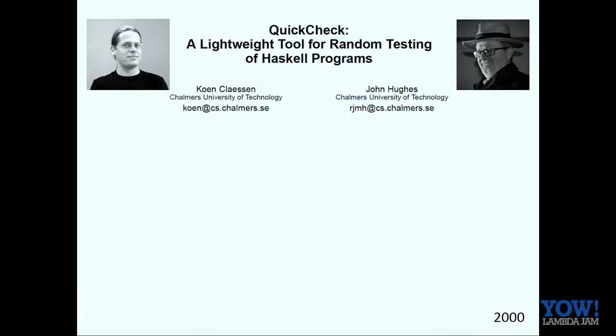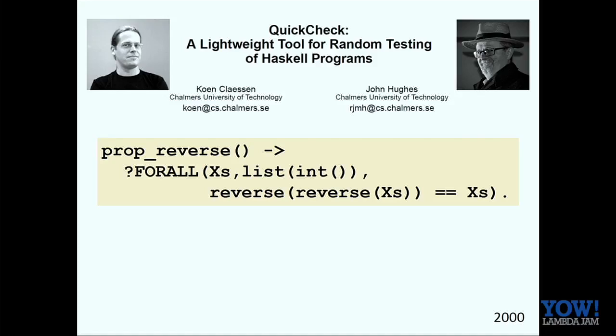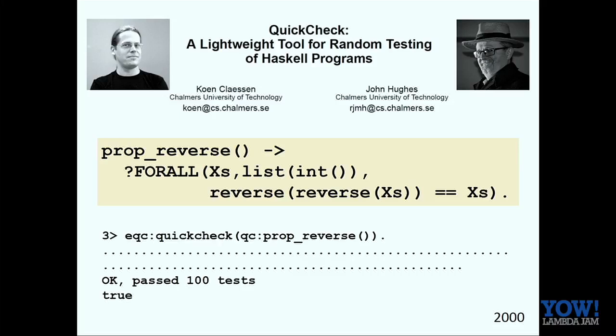So I want to briefly mention probably what I'm best known for nowadays, and that is QuickCheck, which I did together with Koen Claessen in 2000. If you haven't seen it, what does it do? It lets you write properties of your code. This is from the Erlang version. And there are combining forms for constructing properties. So this property of the reverse function says, for all xs that are lists of integers, if you reverse xs twice, you get the list you started off with. And you give that to QuickCheck. It generates 100, by default, random tests and says everything was OK.